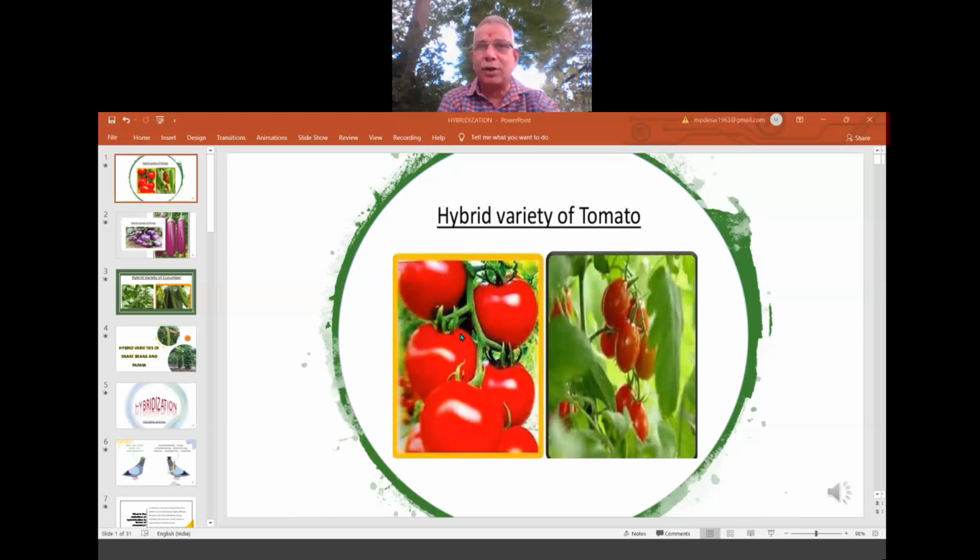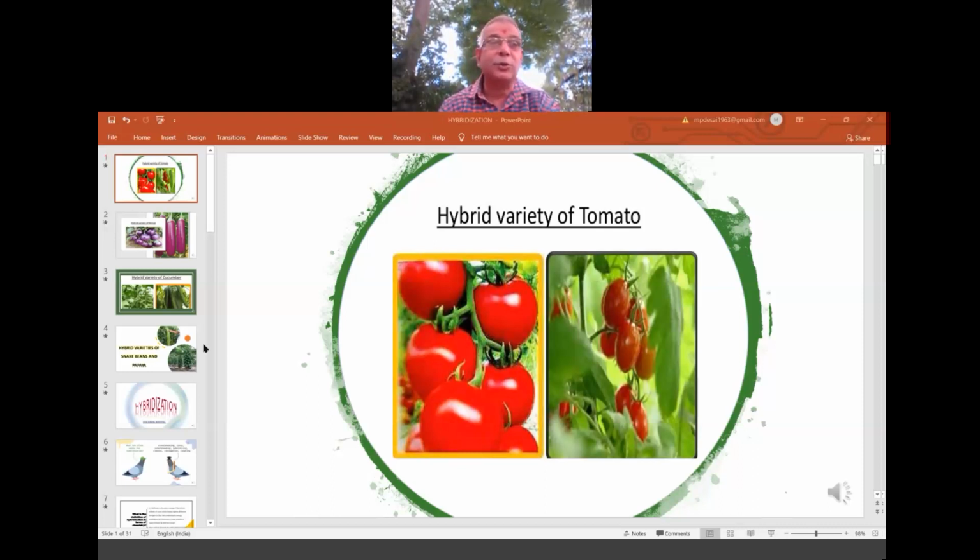You can store it for 1 day, 2 days, 3 days, and they are bigger in size, and seeds are small in size inside. All these are plus points when we convert a normal tomato into a hybrid tomato. This we learn in biotechnology, agriculture, and the horticulture department, where they tell you exactly how to do, including the grafting. All those techniques we learn in the higher class, maybe graduation or the post graduation, right? Just have a look at this slide about the hybrid variety of tomato.